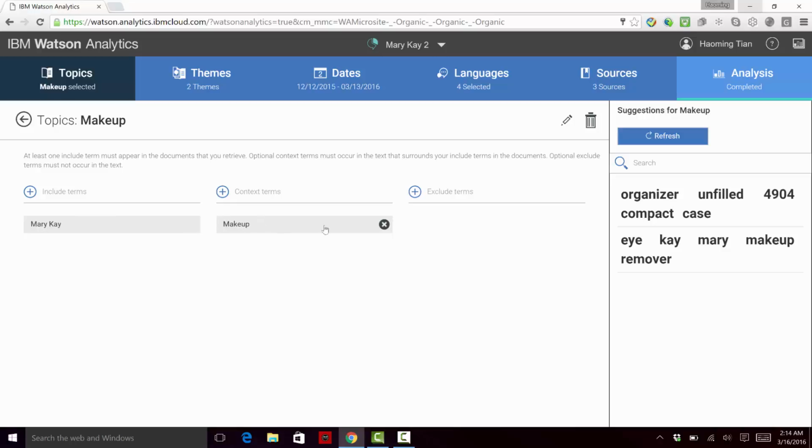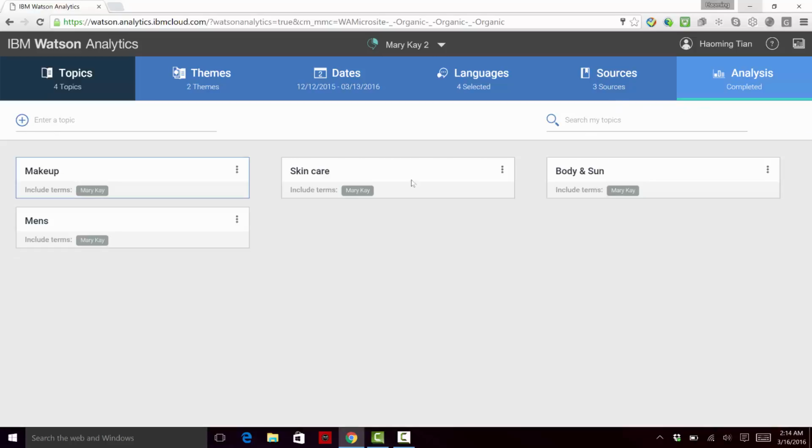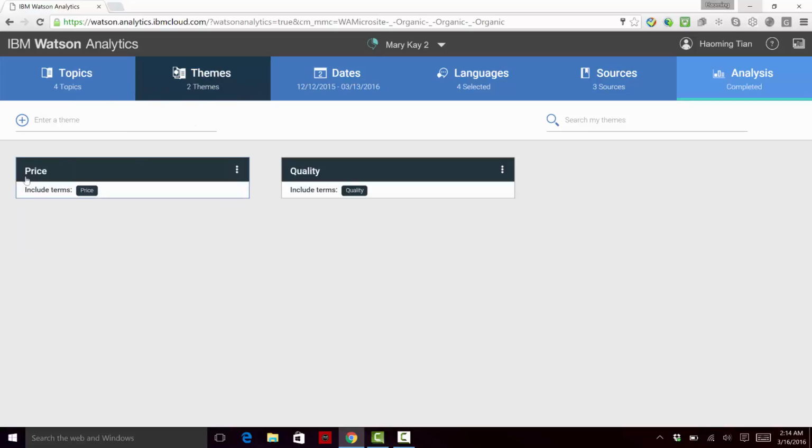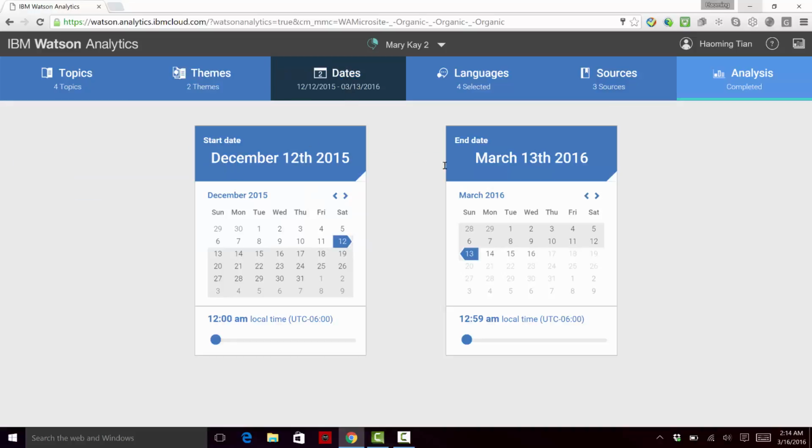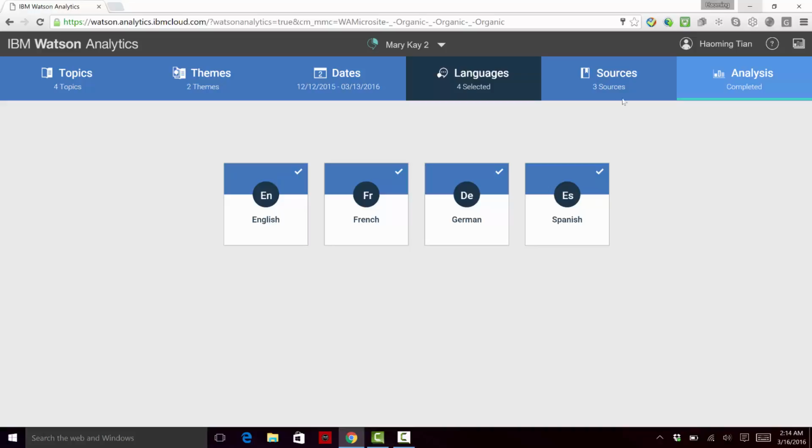In the right panel, suggested keywords that are related to makeup will be shown here. We can also refresh this to get the latest suggestions. We can also make these similar changes to the other themes. In the themes section, we will break the topic into 2 categories: price and quality. Setting the time period to the same, past 3 months, choosing 4 languages and selecting 3 sources will now create